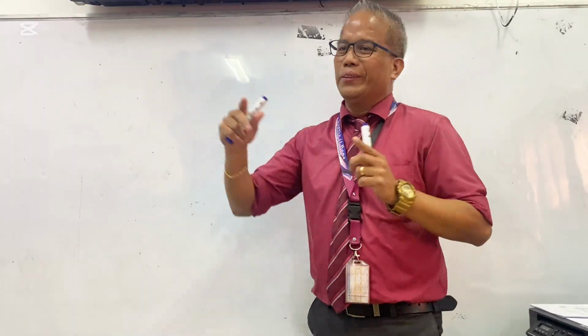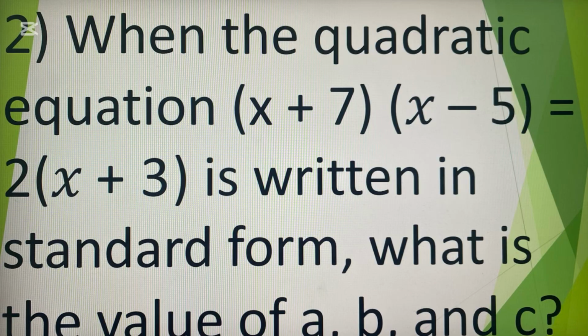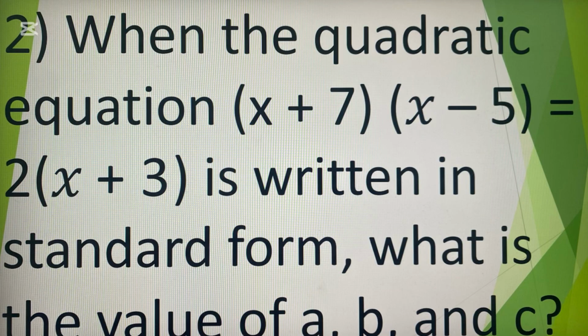Question number 2. When the quadratic equation (x + 7)(x - 5) = 2(x + 3) is written in standard form, what is the value of a, b, and c? So I'm going to write first the equation. So we have